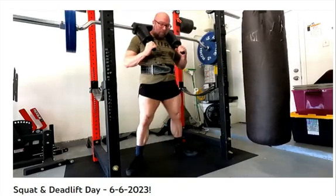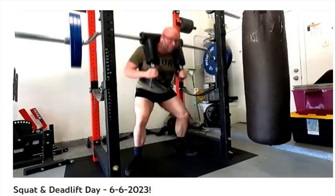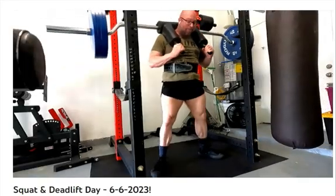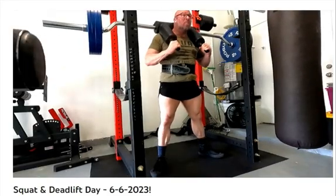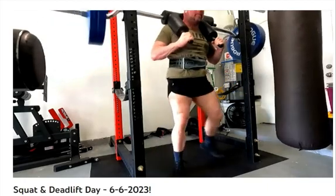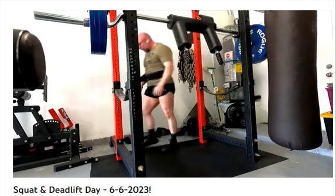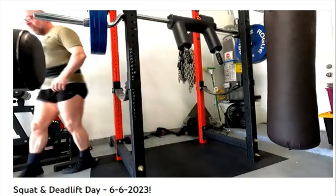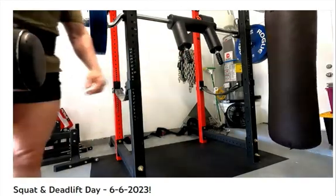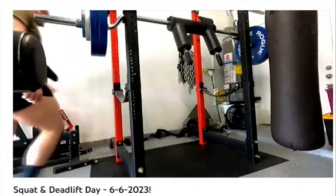It didn't feel that heavy, although when I look at the footage, I'd like to get a little deeper. I need to keep working on that. I felt really strong today, and I'm like, you know what? I'm just going to load up 635. When I plug all my stuff in, even on conservative 1 rep max calculators, I should be strong enough to pull 650, possibly more. But I keep saying, look, I know my grip needs more work, and so today, I